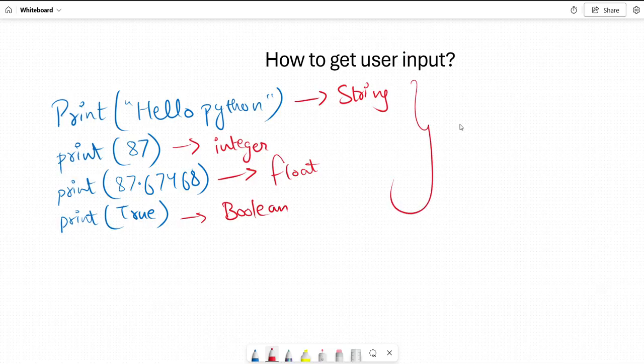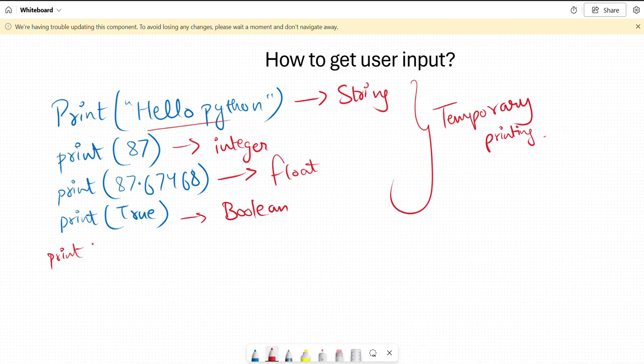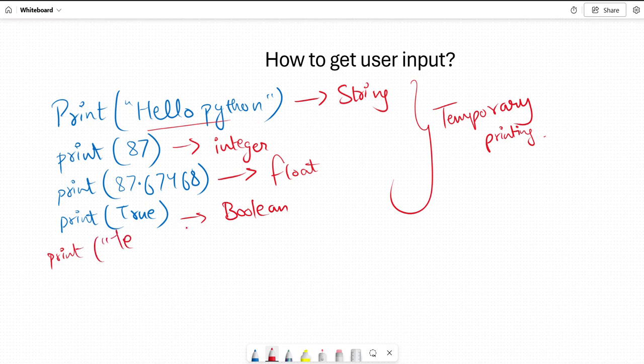But these are just temporary ones, correct? Temporary printing. These are not getting stored somewhere. If you want to give hello Python again, what will you do? We will be writing print hello Python again, correct? This is how it will be working. So, as the solution for this, what did we come up with?